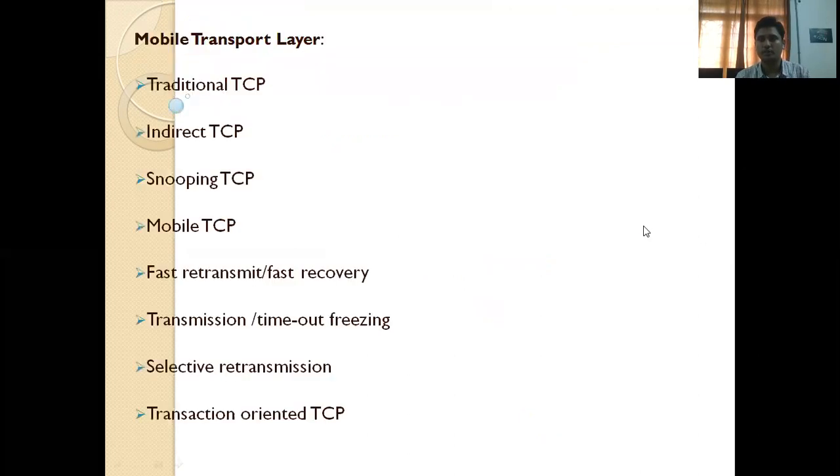So what we are studying in this unit number 4 is, this unit number 4 is split down into 2 parts.